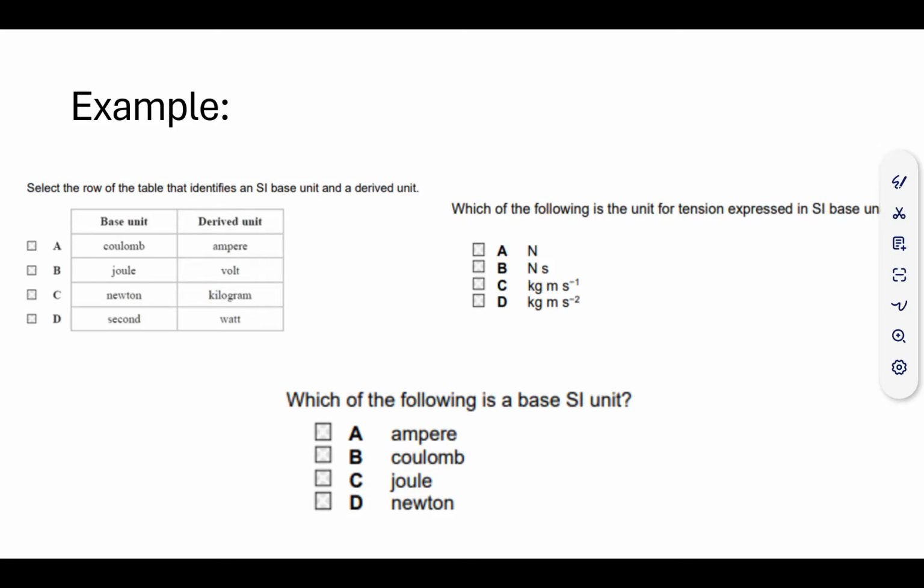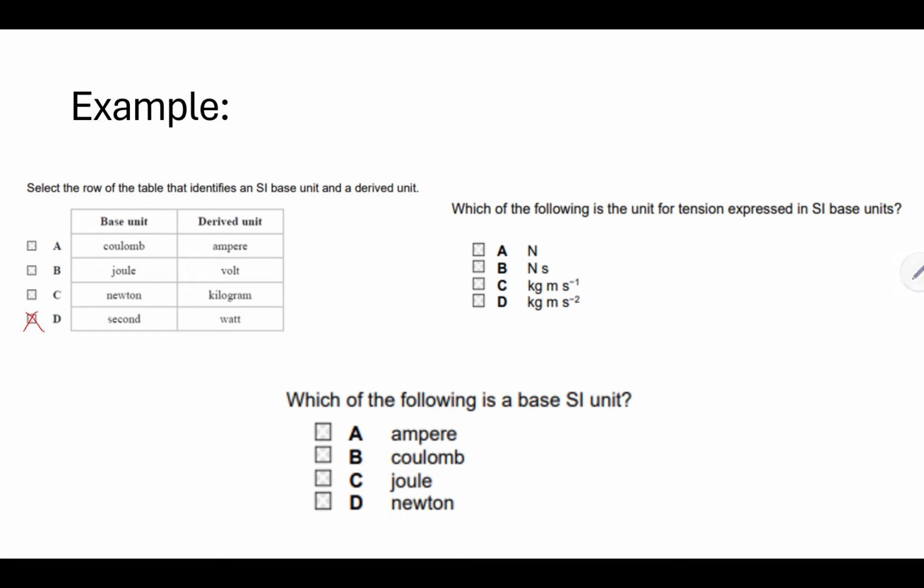For B, we have joule, which is a derived unit and not a base unit, so you know that's wrong as well. And for C, we know that that's not an SI unit as well, due to it being a derived unit, so we know that's wrong as well. But D, we have seconds, and seconds, which we can see from the previous slides, is correct. So we know straight away that it's going to be D. But for the sake of this video, we are going to be going over the derived parts as well,